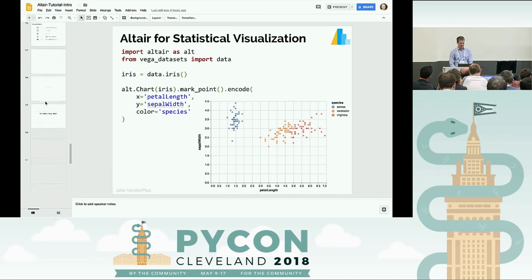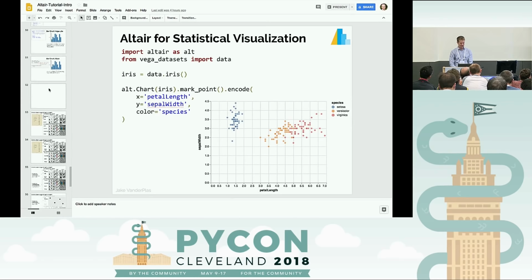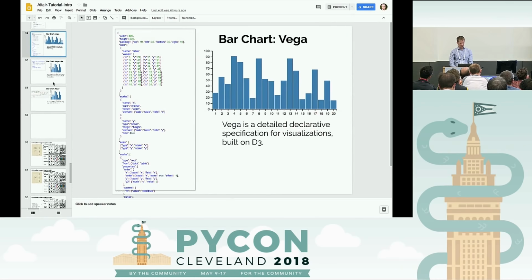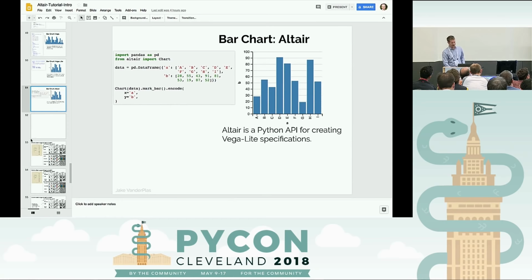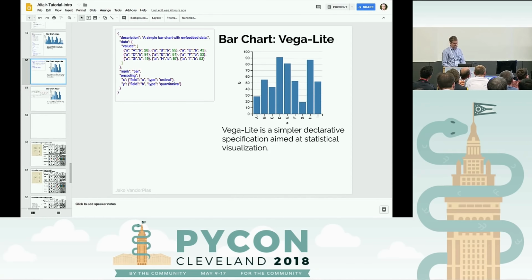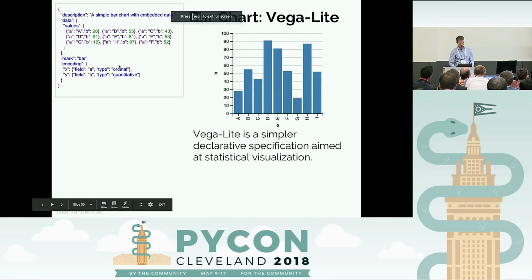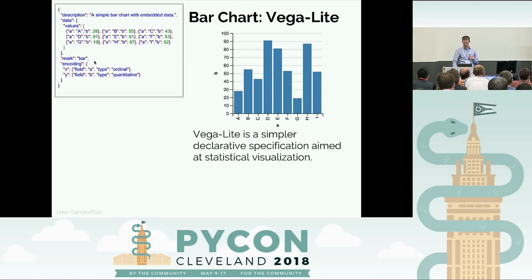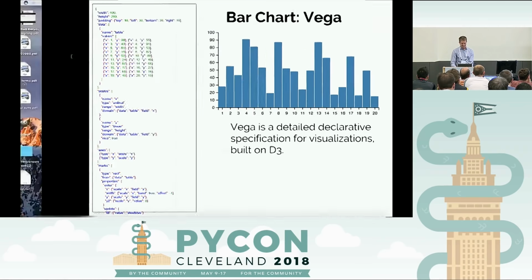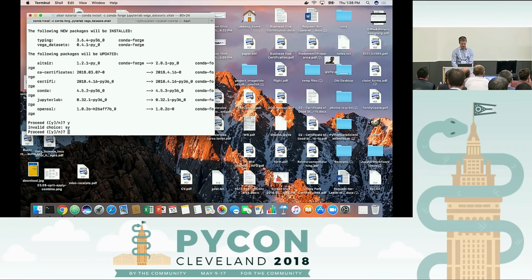And what a Vega-Lite grammar looks like, I have this way down here in my extra notes. When you have something that looks like an Altair chart, what it's producing is this JSON specification of the data, and that is the thing that's then read by the JavaScript library. This is a Vega-Lite specification, and then the output